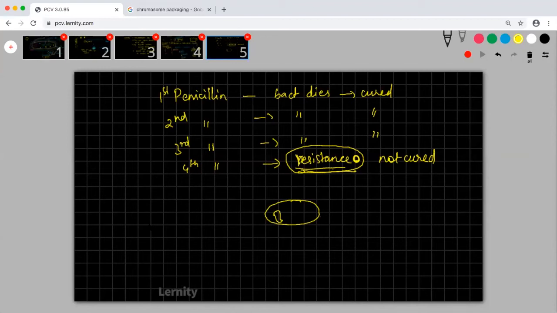Is bacteria good or bad? Bacteria can be good as well as bad. Only if it is a bacterial fever, you will get cured with antibiotic. Yes, right. If it is a viral fever, you will not get cured with antibiotic. We are not talking about corona now. Please don't talk about it now. We are not going to talk about corona. We'll study about corona when we come to viruses. We are studying bacteria.